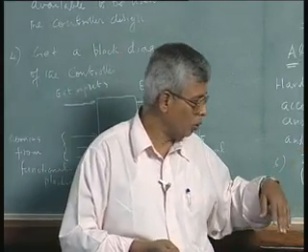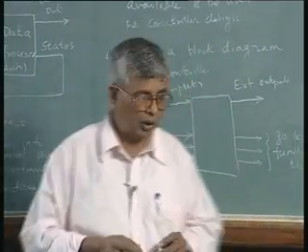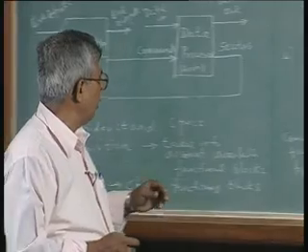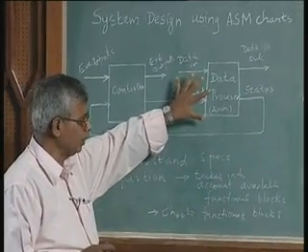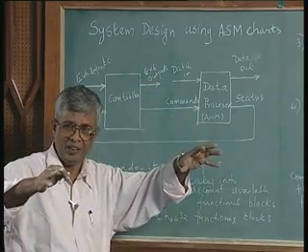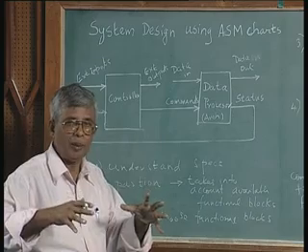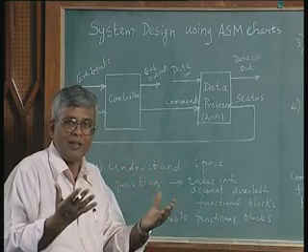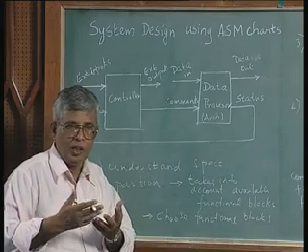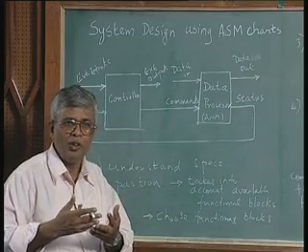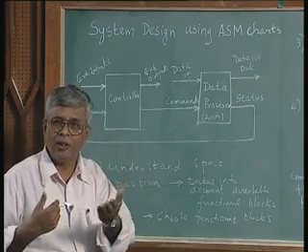So what we will do is, in this lecture and the following lectures, we will take some examples. Again I will go over this. We are given a problem at a global or top level, that is why it is called top down design. At the top level the problem is given, you try to understand what is required to be done, and whether there are any functional blocks which can do that job. If the functional blocks are available off the shelf, do not try to design them, get them. It can be in hardware form, it can be in Verilog,